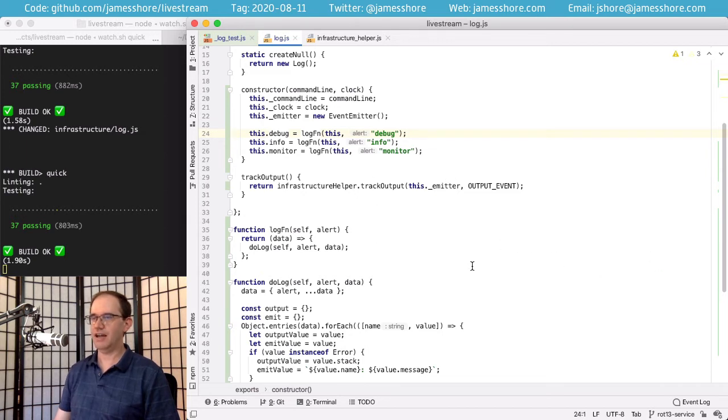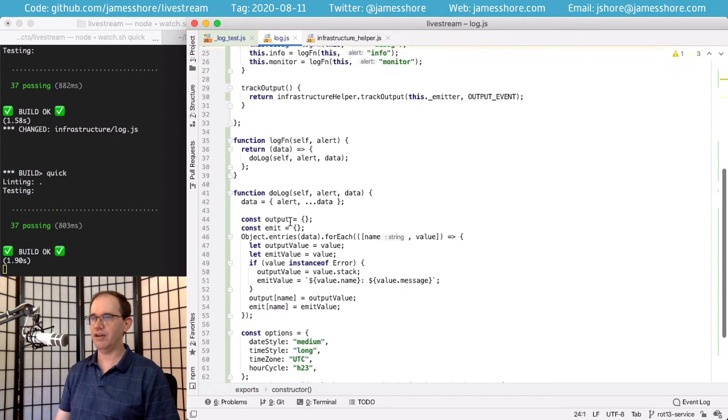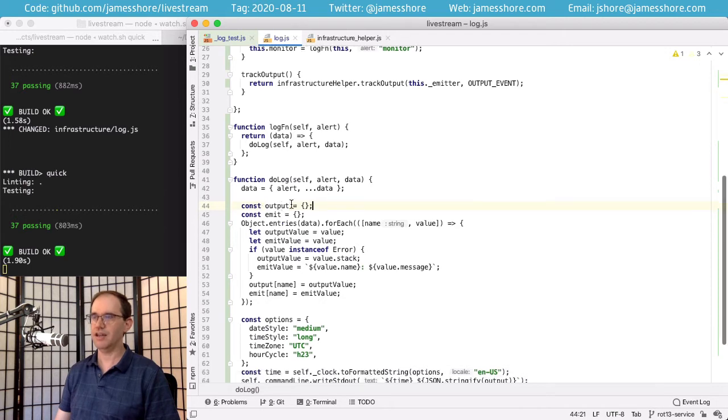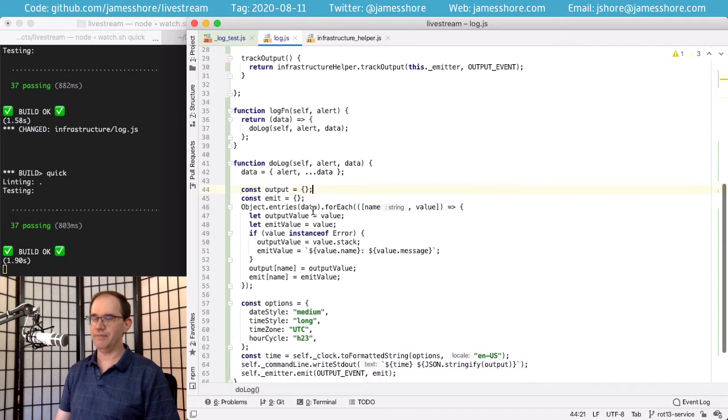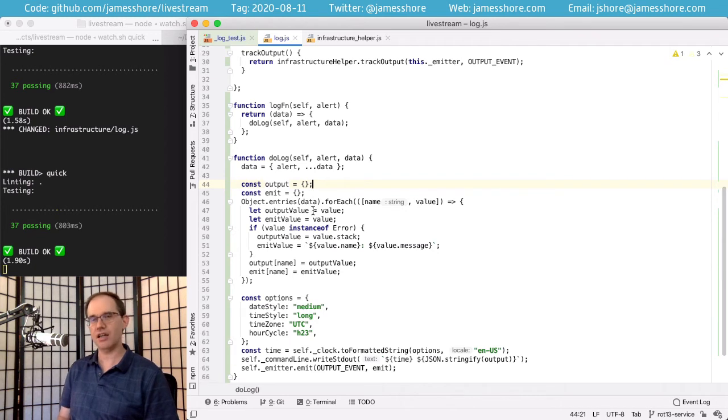Charlie Pancakes asks, down here in the do log, I presume, is output a const if we're adding properties to it? Yeah, it is a const, but not in the way you might think, Charlie. Output here, just as with any objects in JavaScript and in most languages, output is a reference to the object. So the output reference is const.